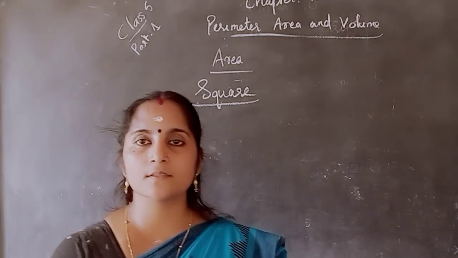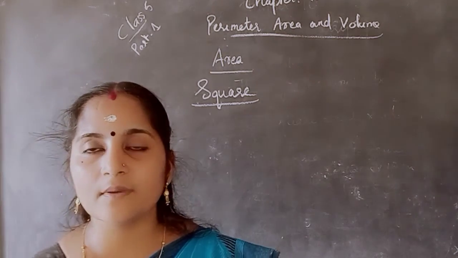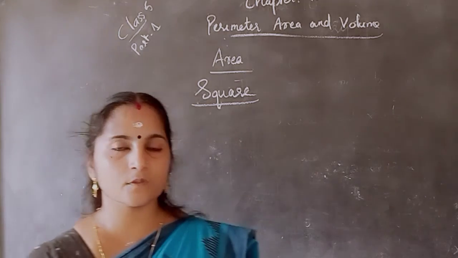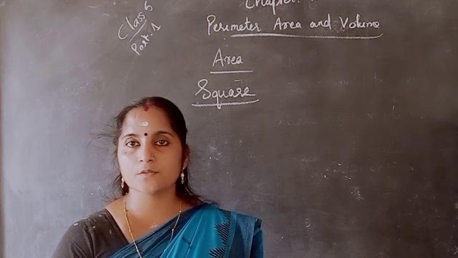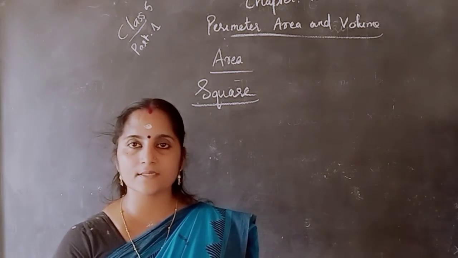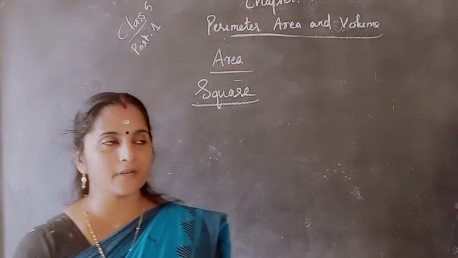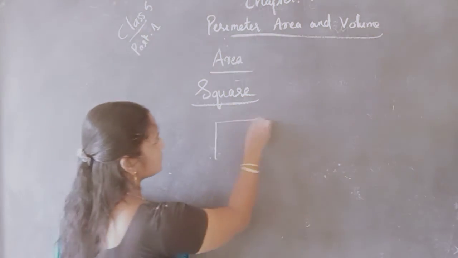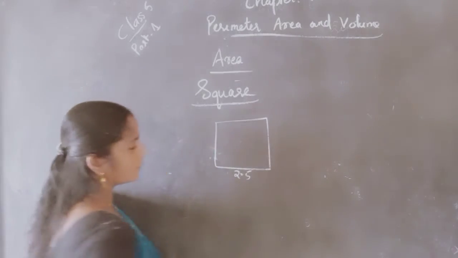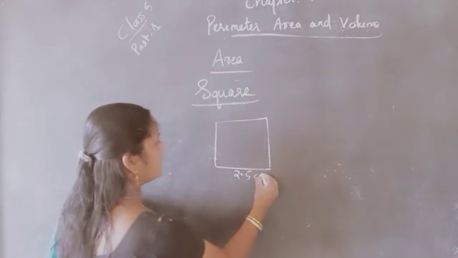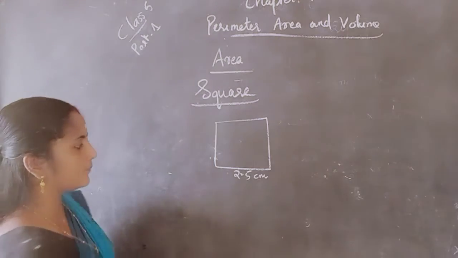Next topic is how we find out the area of a square if the measures are given in decimal form or in fraction form. Okay, we already discussed how we find out the area of a square using normal numbers. Side into side, that's the equation, and if we have numbers then you can multiply. But instead of normal numbers, if decimal numbers are given, then how do we find it? You know how to multiply decimal numbers, then you can easily find out the area using these type of numbers.